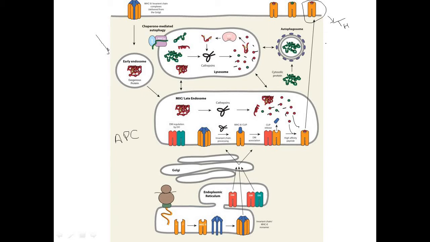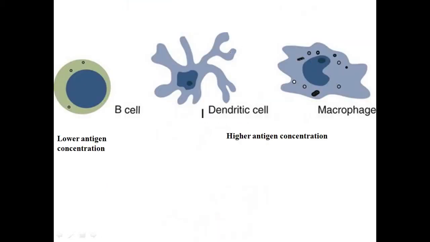In the next phase, when this antigen gets presented to T helper cell, different events will take place, which will ultimately lead to activation of B cells and the clearance of antigen from our body. There are three different antigen presenting cells present in our body: B cells, dendritic cells and macrophages. All of them play a very important role in the removal of pathogens from our body. But which cell will participate in this event depends on the concentration of antigen. If the concentration of antigen is very low, in that case B cells will play an important part.